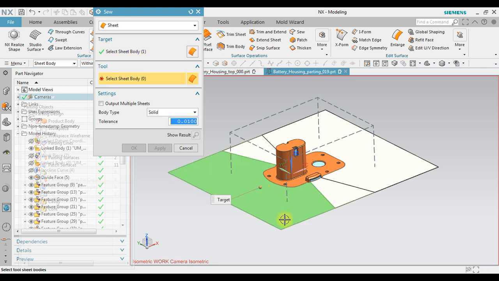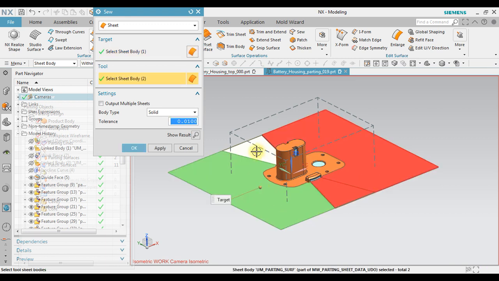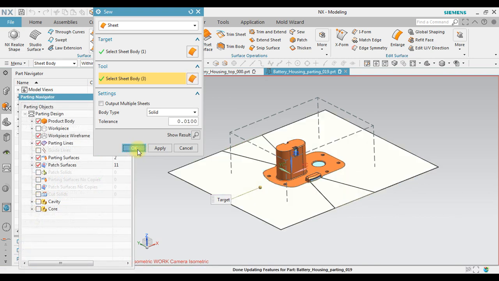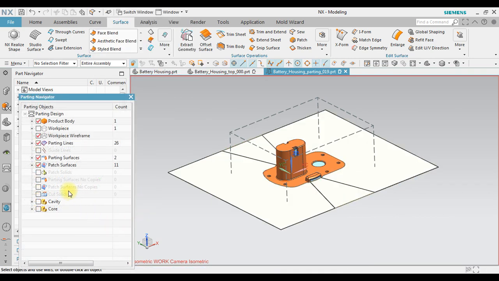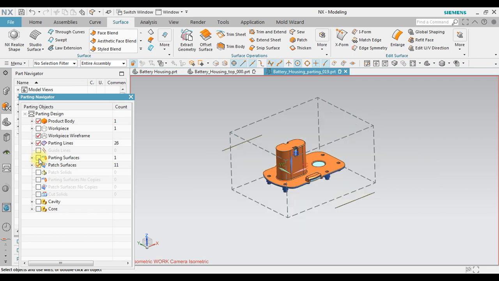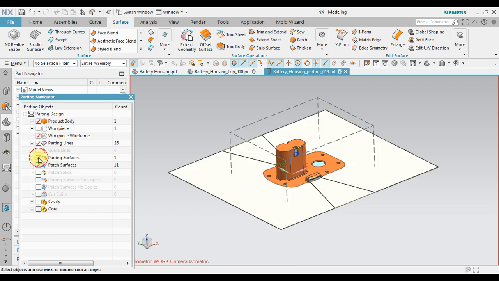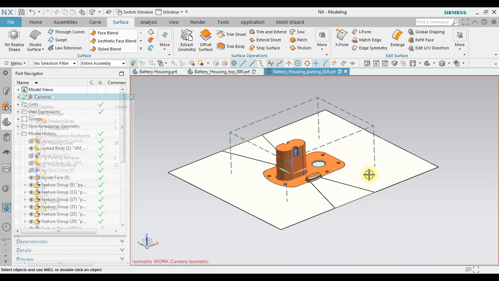Click this one, and also this one. Now it's sewn together. If I hide the parting surface and show it again, it means this has already become one integrated parting surface.